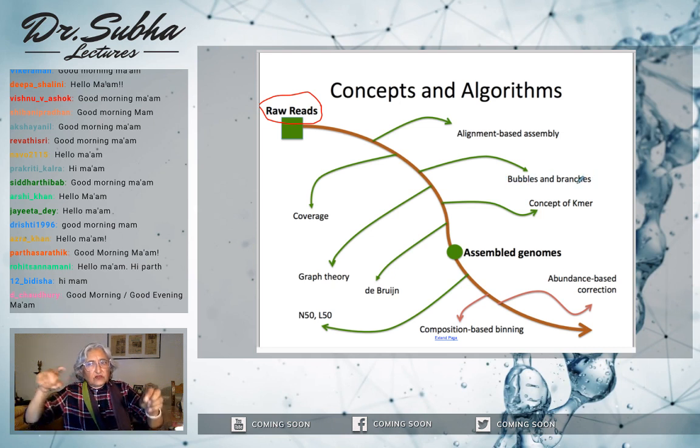We don't want it going like this and branching out and not knowing which one is the right assembled genome, right? Assembled genome finally should be linear, right? And then graph theory: how we finally ended up using graph theory, how graph theory applies to assembly, and